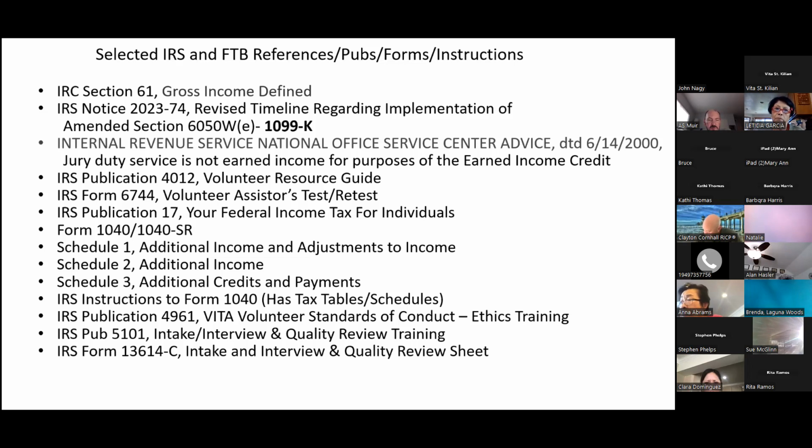Publication 17, if you haven't spent a lot of time with that, again, another go-to document. And if you want a hard copy of that, my understanding is you have to purchase it from the IRS. It used to be given out at taxpayer service centers. Now it's all an electronic document. But again, no harm, no foul. I use the 17 again and again. I simply load it on my computer when it does come out for tax year 2023, and then again, use it as a go-to document.